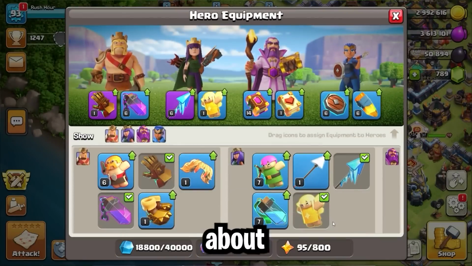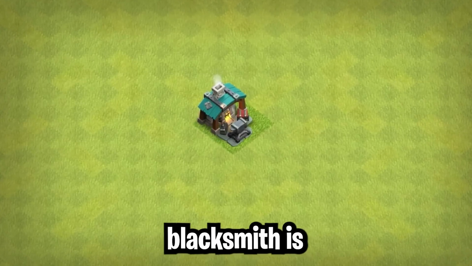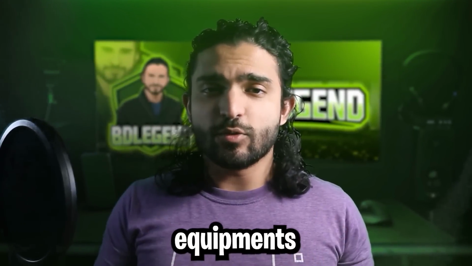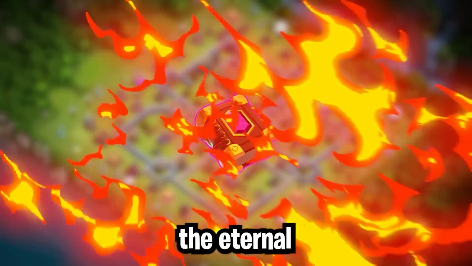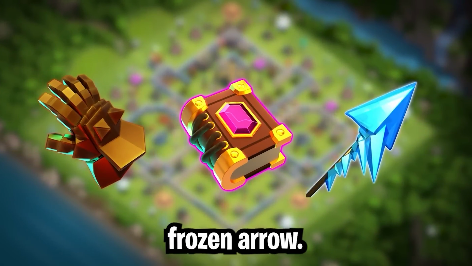Now the next thing to talk about is everyone's favorite, equipment. First of all, make sure that the blacksmith is the max level that it possibly can be, since you're going to need it to unlock more equipment. Now in terms of the equipments themselves, you want to upgrade the most powerful and versatile equipment first. Thus the Eternal Tome should be first on the list, followed by the Giant Gauntlet and the Frozen Arrow if